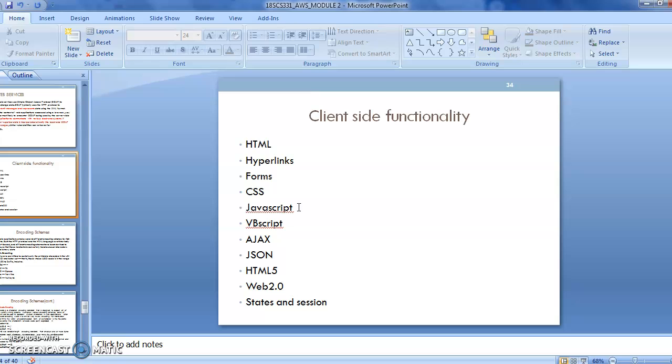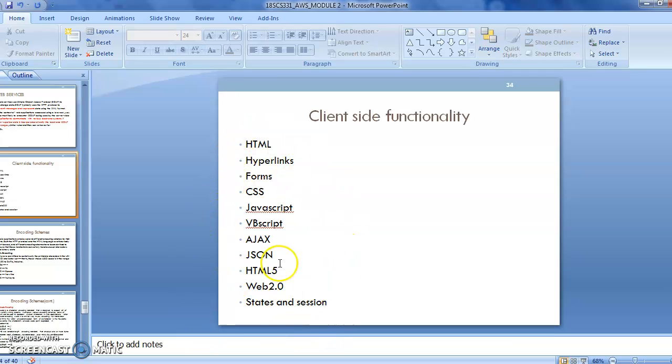Then client side functionality. These are very well known things we already know, like HTML, hyperlinks. These are all created from the client side. Till now what we have seen is what software is used in the web servers, how to send the response to the client by using different software, and how the database will be managed from software like MySQL and all. But how to create the functionality from the client side, that will be available, like HTML, hyperlinks, forms. Then hyperlinks will be obtained from fetching the data from others. These all things we already know in web technologies.